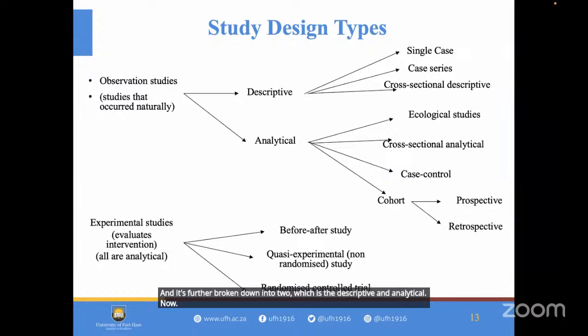Now, when we talk about the descriptive part of observational study design, epidemiologic study design, we're talking about the single case series, and cross-sectional descriptive. Now, when we talk about the analytical parts of epidemiologic study design, we're talking about ecological study, cross-sectional